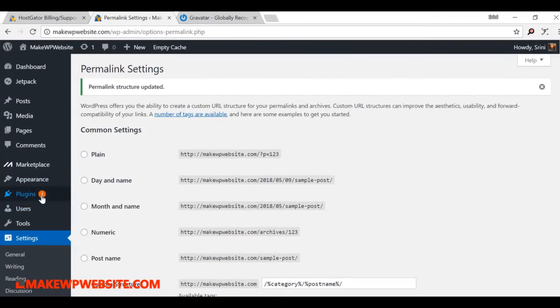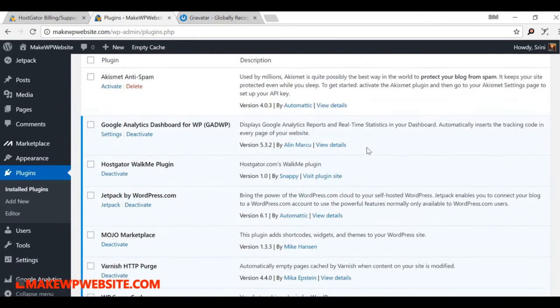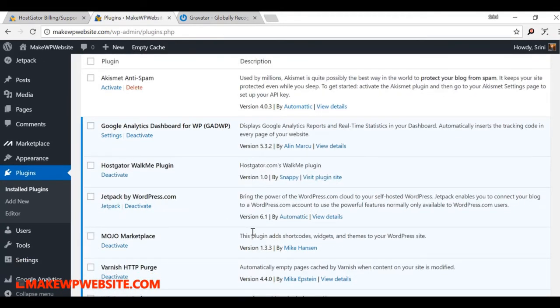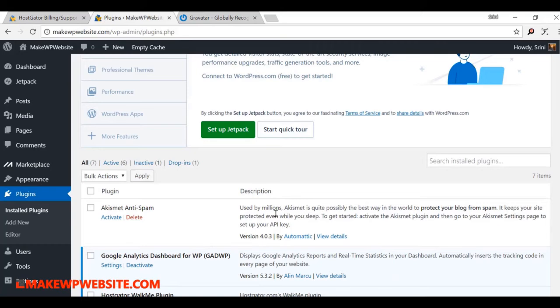Let me show you where the plugins are. On the dashboard, you can find something called Plugins with a plug symbol. Go to Installed Plugins. It will show you all the plugins that have been installed on this software. This is the list. We will delete all these; I'll show you how to delete them, then we're going to add something. That we'll do in the next video.